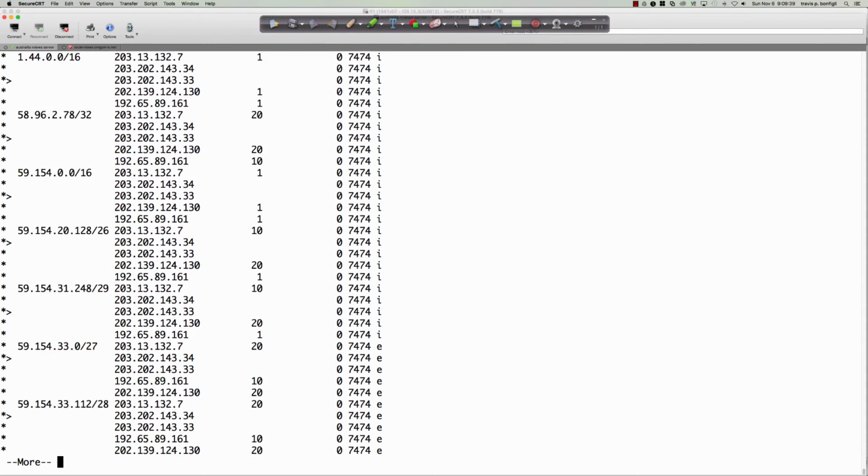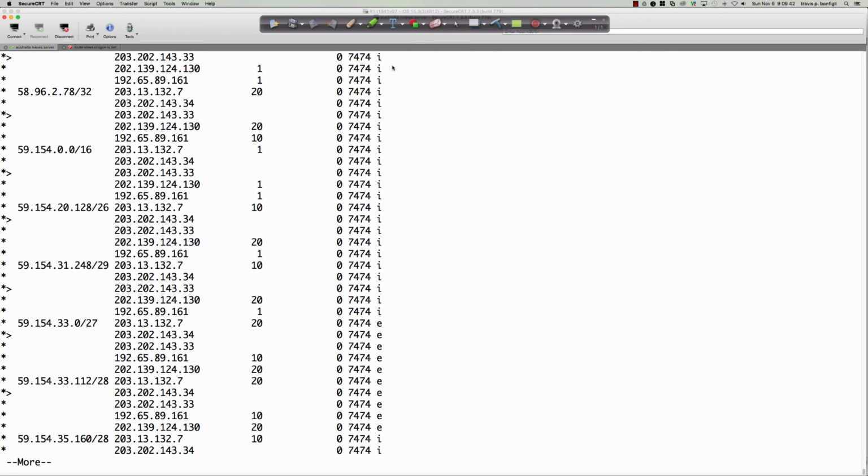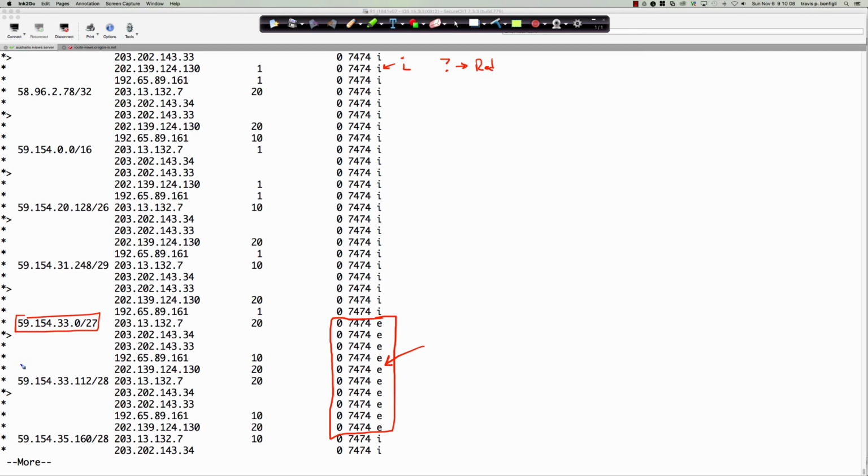Now, also take a look at something else that's quite interesting. Remember, we said in the context of the course, out here in the origin code column, we would see the I, which means originated with the network statement. We would see the question mark, meaning that it was redistributed into BGP. And I said that we would not see the E. But lo and behold, here it is out on this route server. So these two NLRI right here,